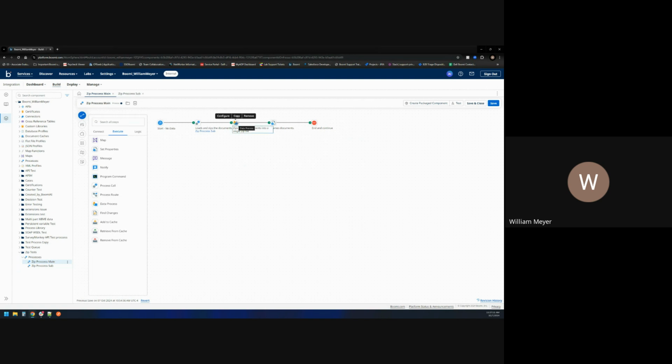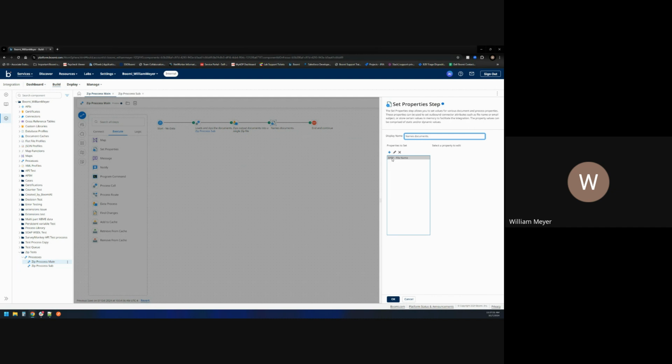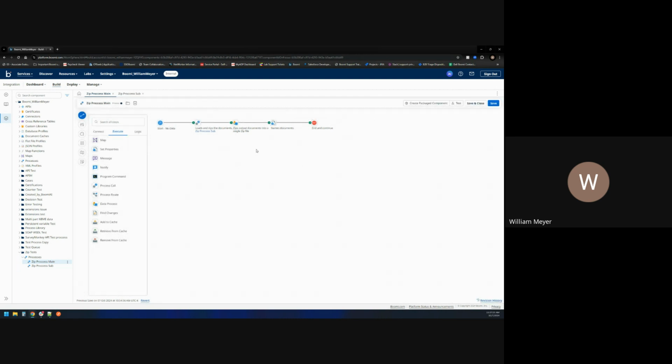In the main process, those two zip files will be returned at the same time and will be zipped again into a single zip file, which will then be named just like the other two files and can be sent to an endpoint. So if we run this,